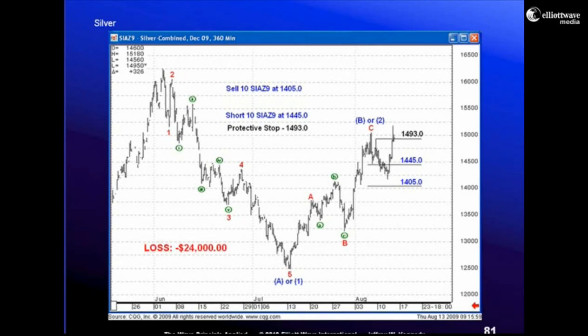Ouch. This is why this slide, this example, silver, is probably the most important example out of everything I'm showing you tonight. If you trade, you can and will lose money. This is why psychology is so important. This is why discipline is so important. This is why money management rules are so important. And this is why it's so important to let the market commit to you before you commit to the market.